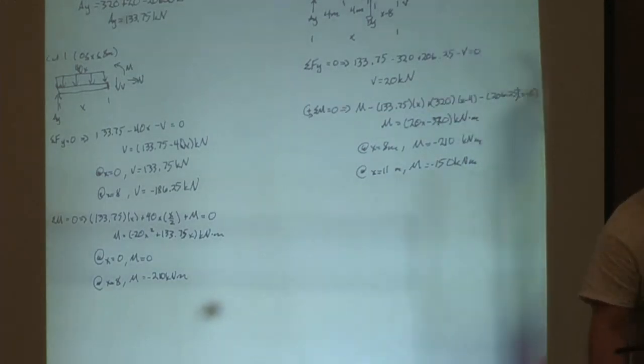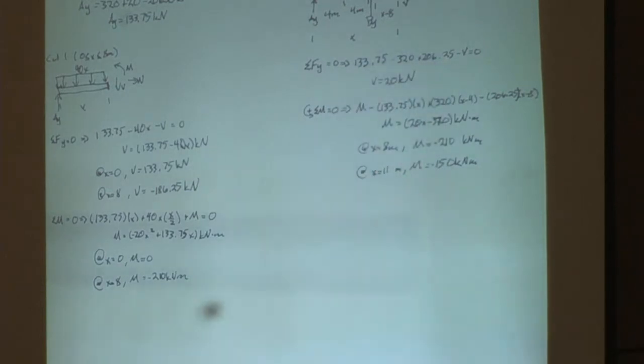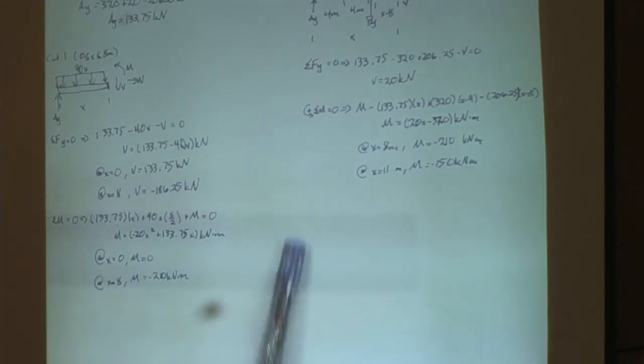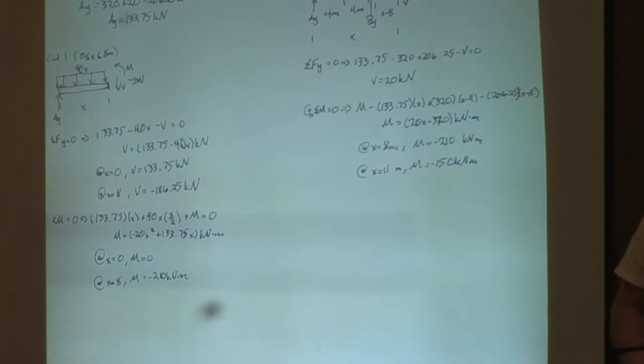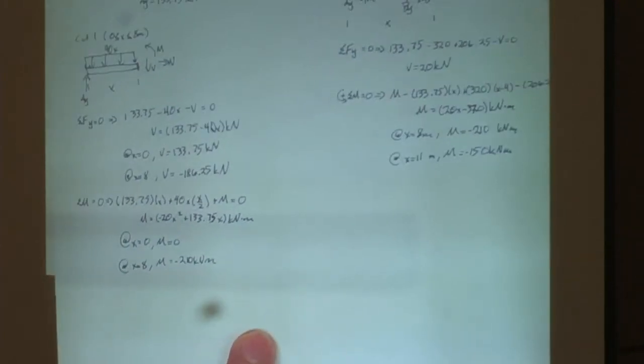But yes, it gets a little hairy over here when you start integrating the shear of 20, because now you have to solve for a C. So that's why it gets a little difficult with the integrals. You can do a quick one over here without really practicing it very much. You just integrate the one equation. But when you're actually mid-beam and you have to integrate the equation, it gets a little hairy. So you really have to practice it if you want to use the method of integrals. All right. Now looking at this first equation,